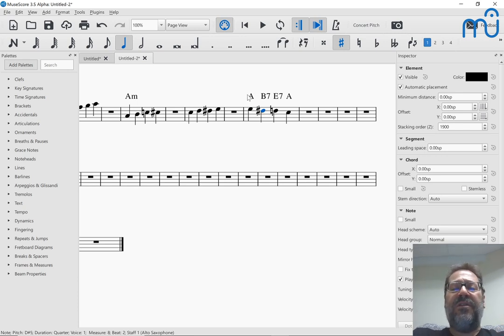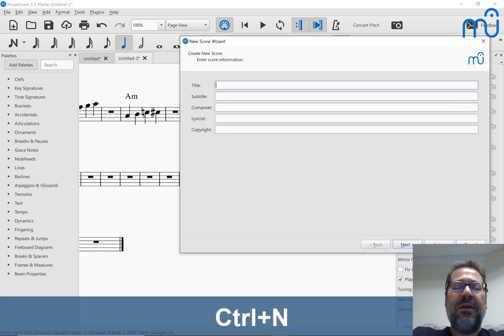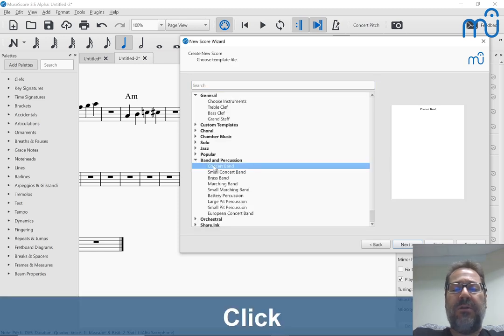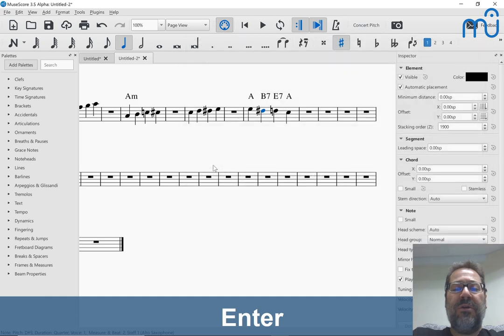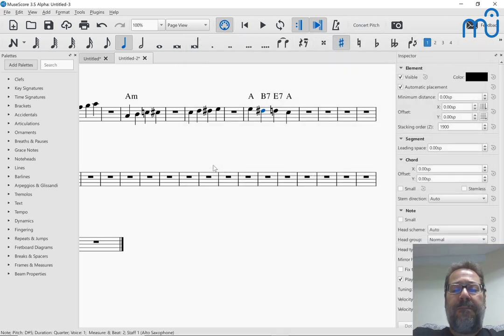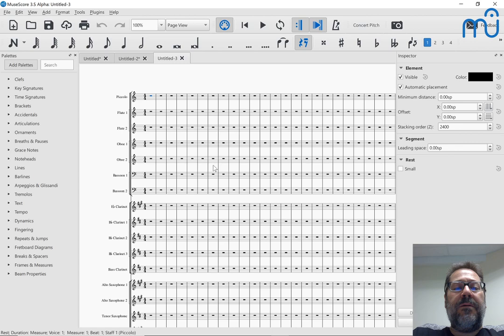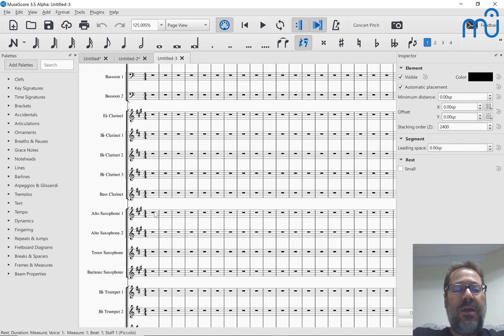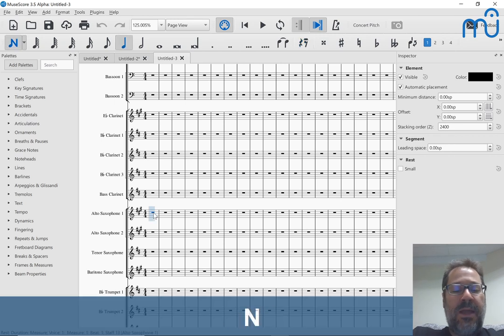Now, if this is a saxophone part in a band composition, then they don't necessarily know that there's a B7 happening there. So if I'm writing, let me create a concert band piece. So in my concert band piece here, I have my alto saxophone, and if I write a D sharp here,